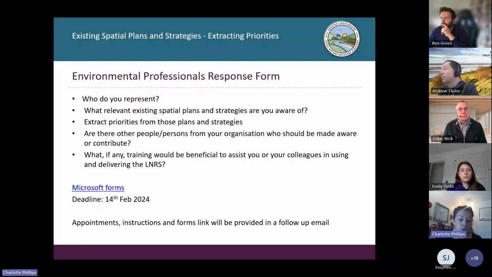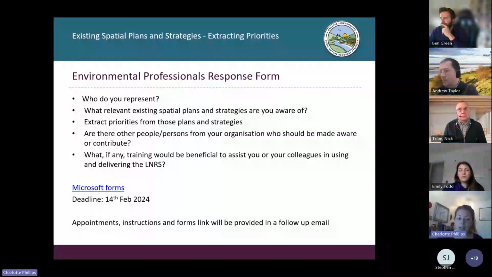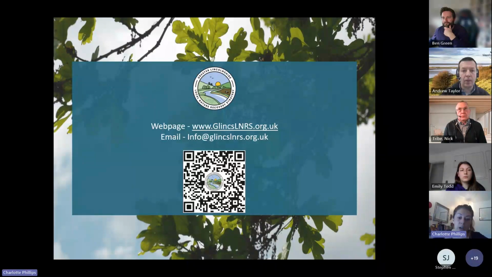So we have that Microsoft form that will be emailed around to you with full instructions. We're also going to send out all the appointments for all of the further meetings over the next 6 months so that you've got those in your diary. And if you're not able to attend, then maybe you could make sure that there is somebody to represent your organisation coming along. Hopefully that should be fairly simple. But as I said, if you want to have a follow-up call with one of us, or talk about this in any more detail, then please do let us know. We're going to open up for questions in a moment as well. Just as a note, we do have a website